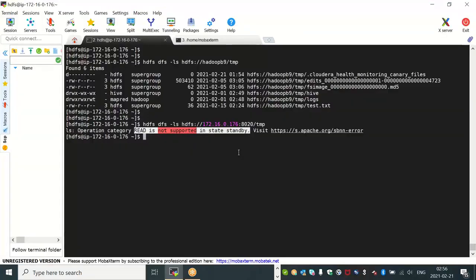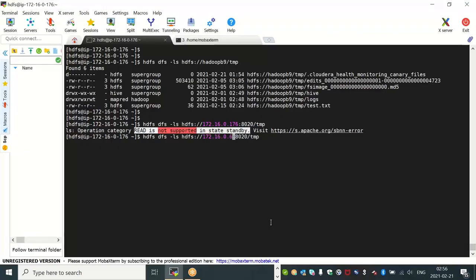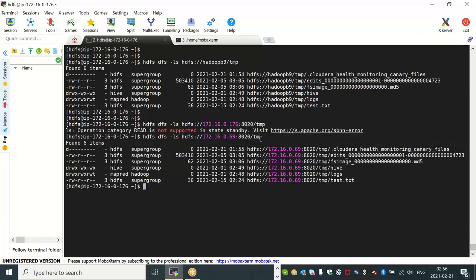But if we want to hit the active name node, every time we will have to come to the Cloudera Manager and check which one is active. So right now 69 is active. So although this command will also work, because this is now the active name node we are trying to interact with, let's say at some instant this one becomes active and this becomes standby. Then our programmers who are writing code to read from the HDFS might have to shift in all of their code. They have to change this IP address from this to this,